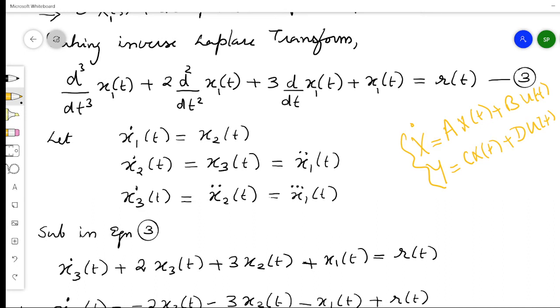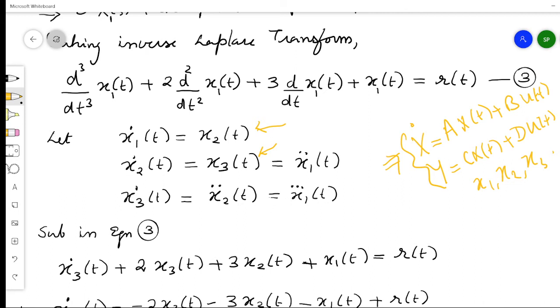Okay, so just see that we could get x1 dot and x2 dot. On the right hand side you can see x2, x3. So when you're writing the state equation, the left hand side is x1 dot, x2 dot, x3 dot, etc. The right hand side consists of the state variables, that is x1, x2, x3, like that. So here the first equation has the state variable x2 t. The second equation also has the state variable x3 t. But the third equation, just see, x3 dot t, we don't have in state variable, we have in derivative form, right?